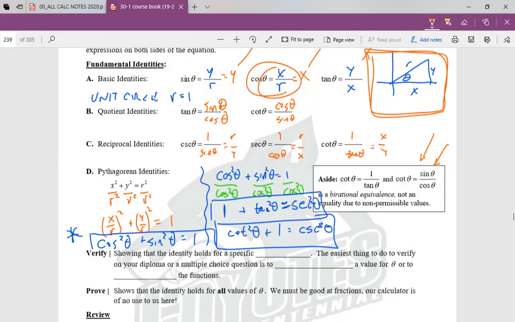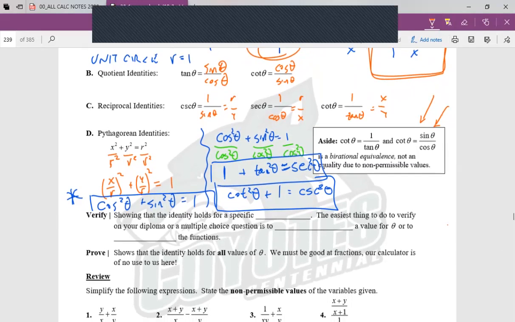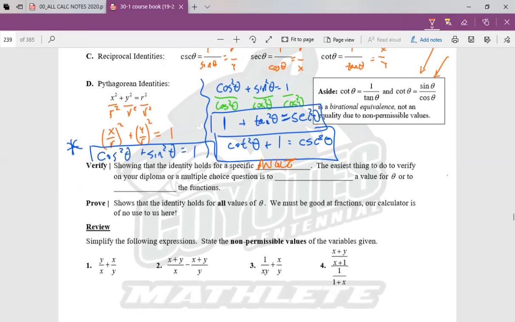Our next note here says we're going to be doing one of two things with these. I'm going to be asking you to verify something, and we're showing that it ends up being true for a specific angle. Verify, we show that this identity is true, maybe all the time, I don't know, but we're just showing it for pi thirds or pi 6 or 20 degrees or whatever it ends up being. The easiest thing to do on your diploma exam or a multiple choice question is to substitute a value for theta